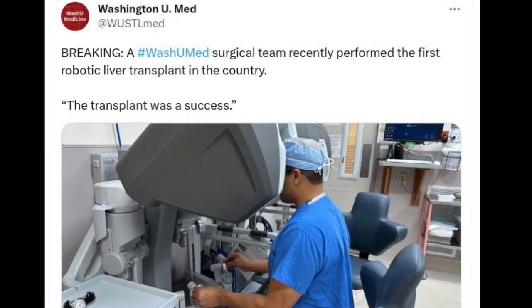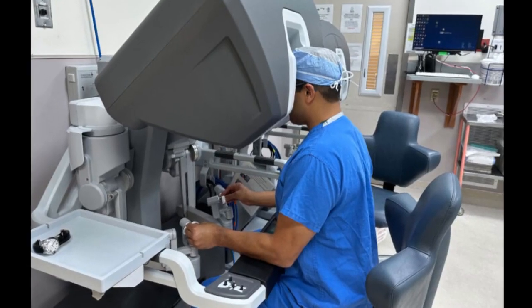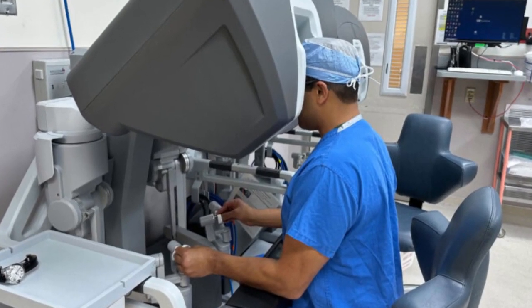A surgical team from Washington University School of Medicine in St. Louis recently performed the first robotic liver transplant in the US. The successful transplant, accomplished in May at Barnes Jewish Hospital, extends to liver transplants the advantages of minimally invasive robotic surgery. A smaller incision resulting in less pain and faster recoveries, plus the precision needed to perform one of the